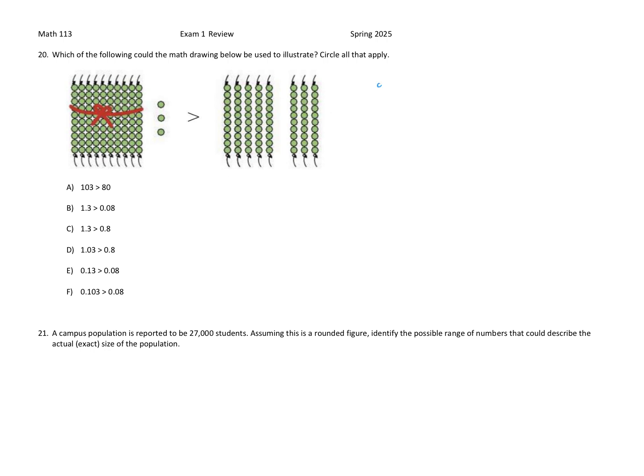So if I let one bead equal 1 unit, then on the left, I have 103, and on the right, I have 80. 103 is greater than 80. Yes, that is one of the things I could be representing. But what if I let one bead equal 0.1? Okay. If one bead equals 0.1,